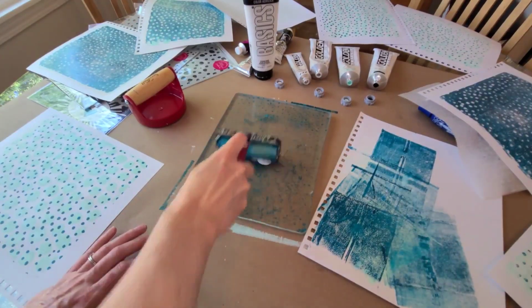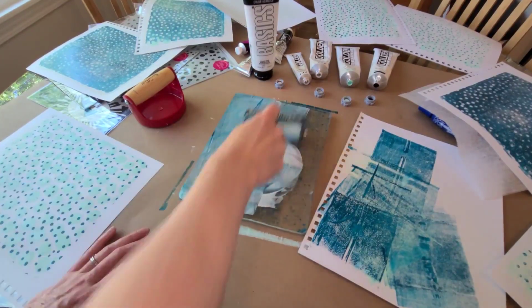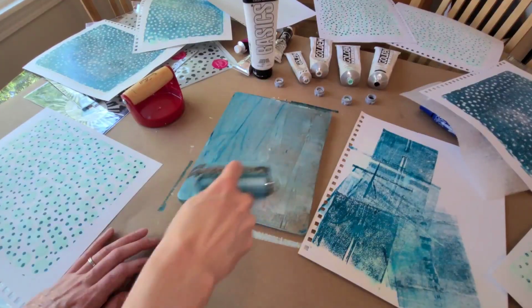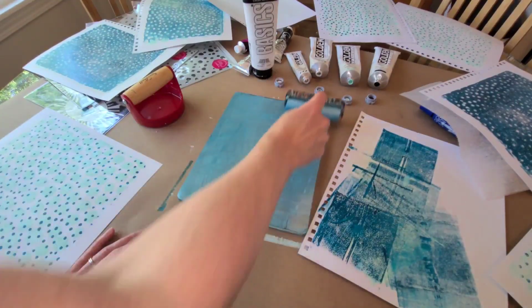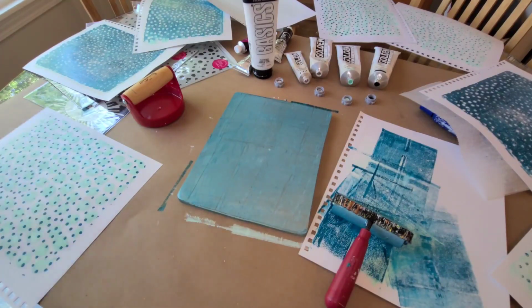And then I'm going to go ahead and smooth out some of that iridescent pearl. And of course, inevitably, it mixes in a little bit with what was left over on the brayer, which is kind of a neat look, right? And so I swirl it around, get a good thin layer covering the gel plate. And then I'm going to use a new piece of paper, so not one of the ones I've already printed on,